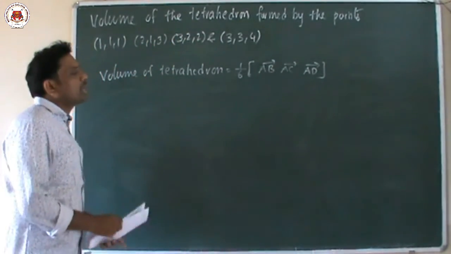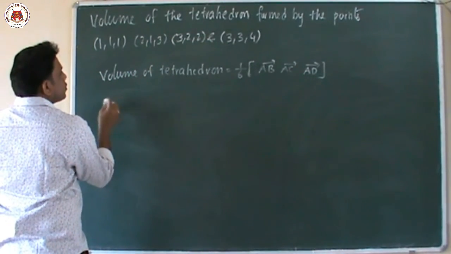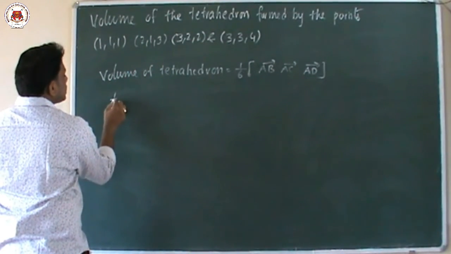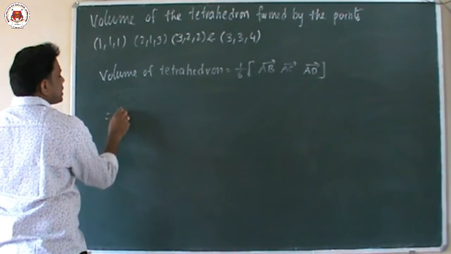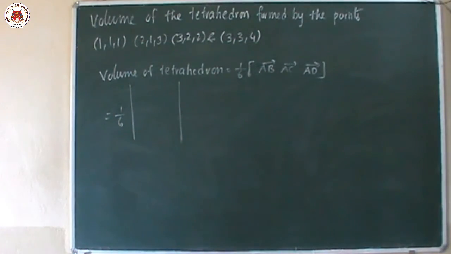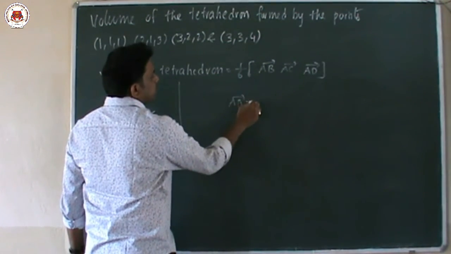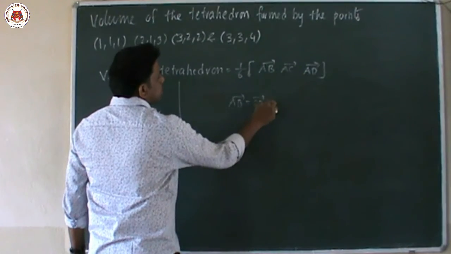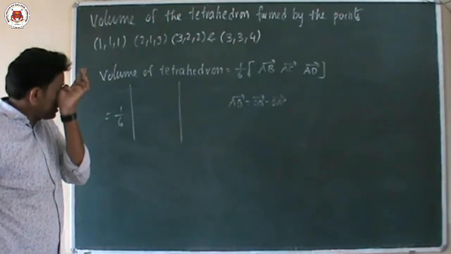Children, this is the complete way. No need to do the big procedure. Directly you can do it. So I am going to write the AB vector. Box means, we know, it is nothing but the scalar triple product. So we have the determinants method. I am going to write the direct step of AB vector. Generally, what is the AB vector formula? AB vector formula is OB vector minus OA vector.